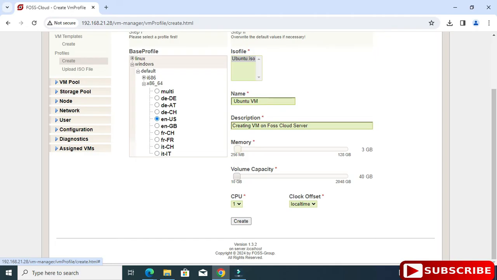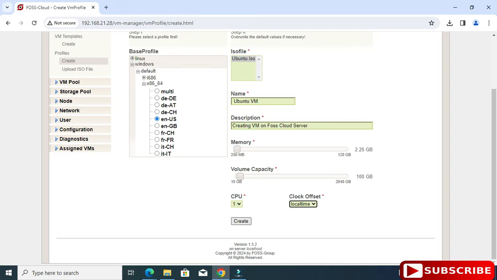Right now I'm taking 2 GB. I suggest take 4 GB rather than 2 GB. So now here I'm just taking 2 GB of RAM, and volume capacity you can take, and CPU I'm taking 1, and clock offset I'm taking local time, and just hit this create button.